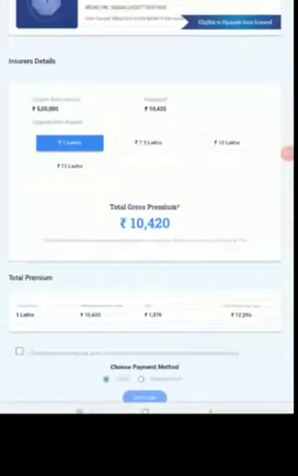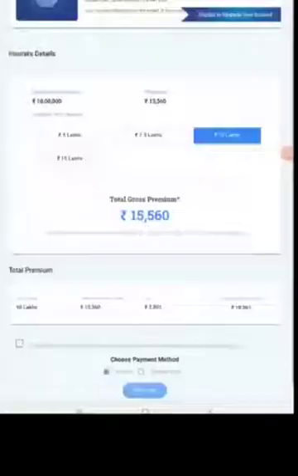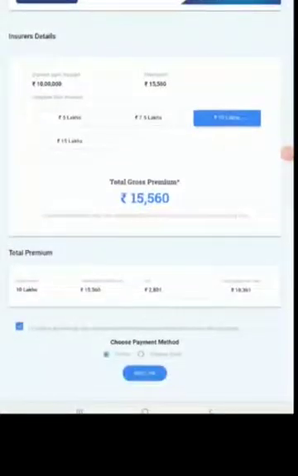The first page contains all the basic details, and the second page consists of insured details and sum insured. Currently we cannot see the insured names and who all are covered in the policy, but we can see the sum insured, which you can edit. I am changing the sum insured to 10 lakh and the premium is auto-populated.